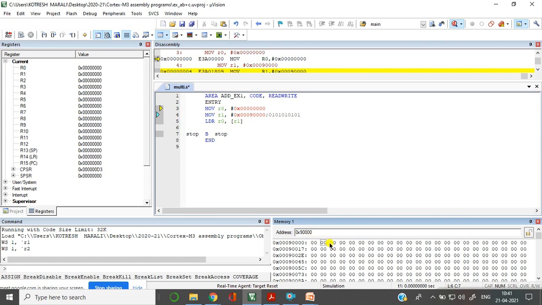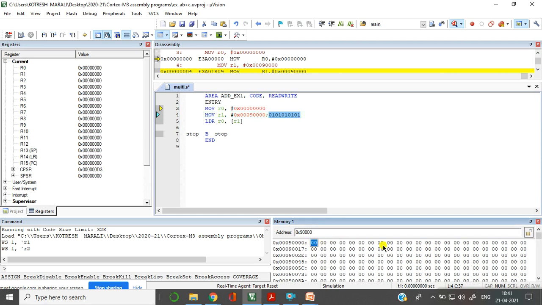So this is one byte, second byte, third byte, fourth byte, totally a 32-bit data, right? So I want to store 01 here, 01 here, 01 here, 01 here. That's how I store my 32-bit data in this address location.